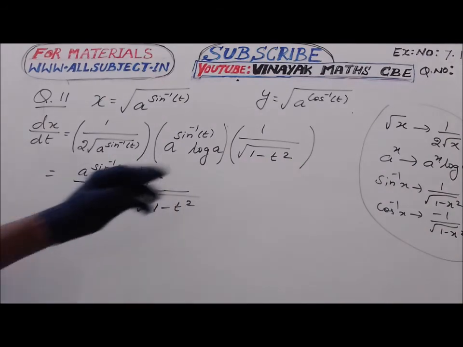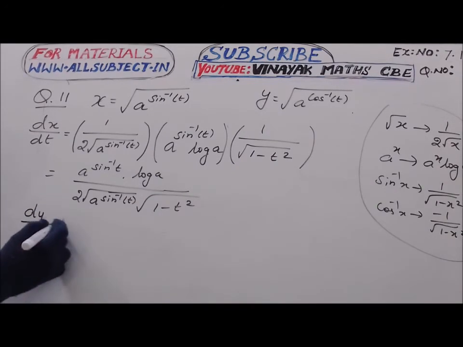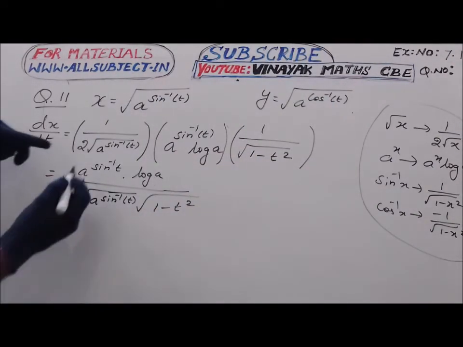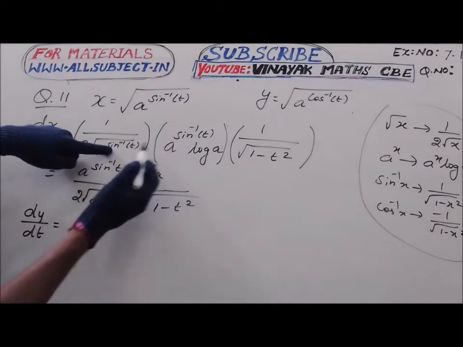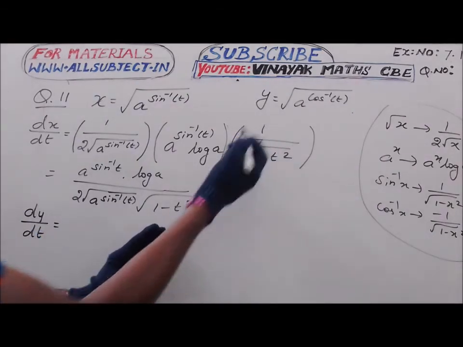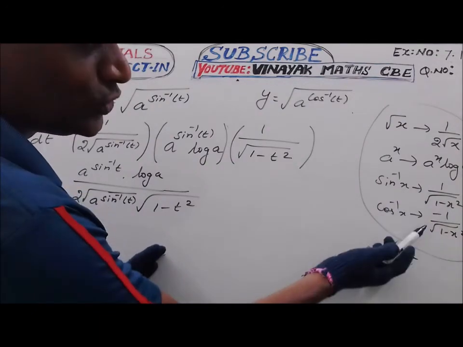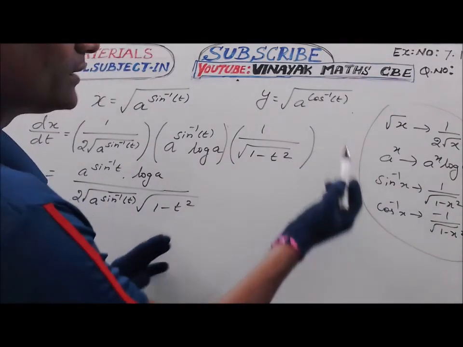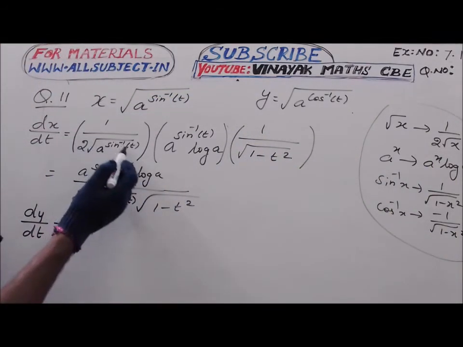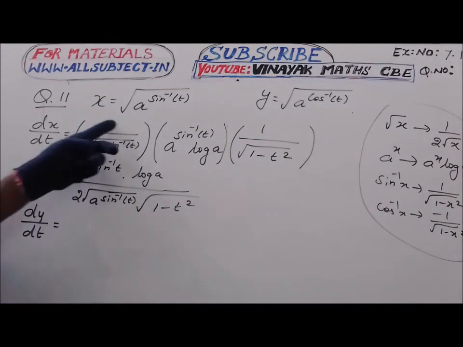And we need to differentiate y with respect to t here. So dy by dt is equal to, here also we have the same thing, instead of sine inverse we have cos inverse. So substituting cos inverse instead of sine inverse in these two, we will get the two terms here. And for the last term, instead of the sine inverse differentiation we should use the cos inverse differentiation. These two differ by a minus sign. So for cos inverse we should substitute minus here. So when we replace sine inverse by cos inverse and add minus here, we will get dy by dt.